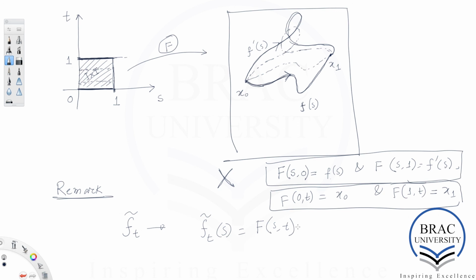Okay, and the two extremes of this family are f twiddle sub 0 of s, which is just f of s, and f twiddle sub 1 of s equal to f prime of s. Okay,